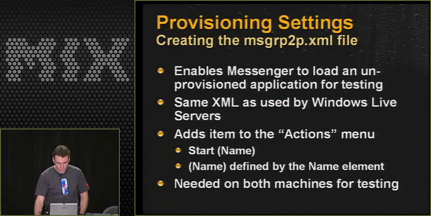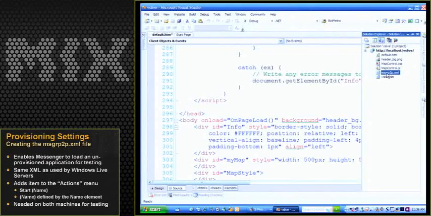I'll bring up Visual Studio here and the Solution Explorer. I've actually just put it in here. And this is something you may want to do. I always keep the P2P file locally with the actual virtual directory where I'm storing the application, so that if I need to do testing, I can just pull it down quickly on both machines, and it just makes a central point to store it. I mean, it's entirely up to you where you want to keep it. So if I open up this file,